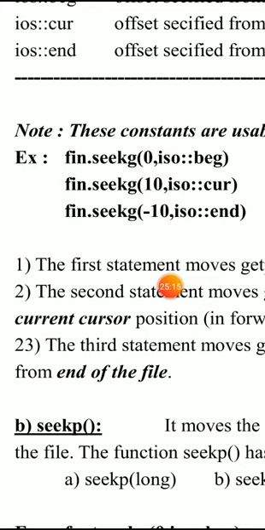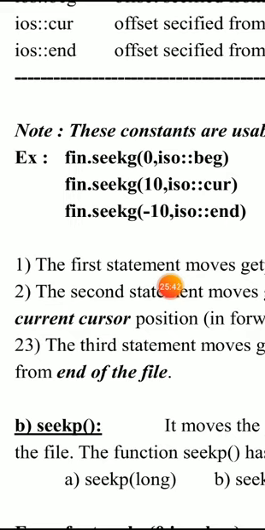You can make use of the seekg function with an input stream object. So fin is an input stream object. During reading operation, you can make use of the seekg function in order to seek the position of a get pointer. So fin.seekg(0, ios::beg), fin.seekg(10, ios::cur), fin.seekg(-10, ios::end).